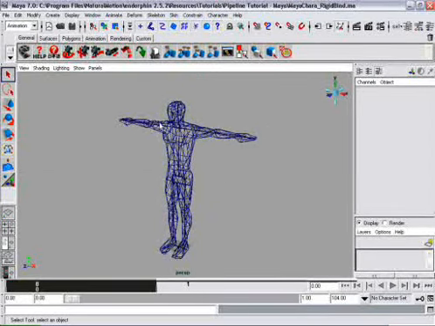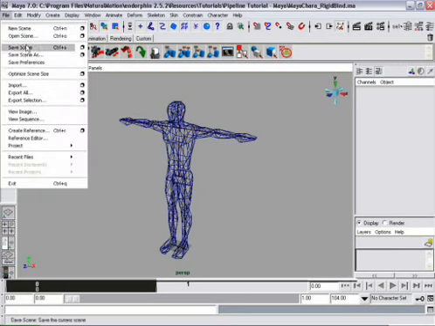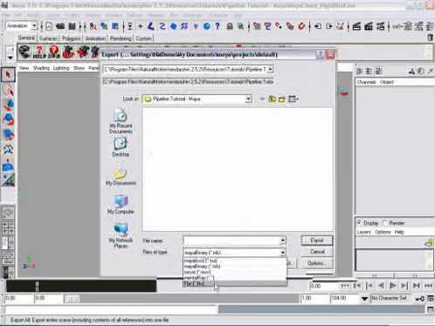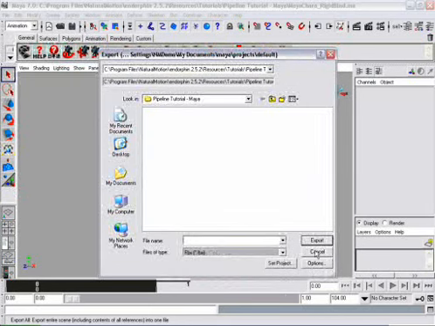So first of all we want to export the skeleton, and we're going to use FBX for that, and then I want to get the mesh of the character so we can actually fit the shape and size of that mesh so the character has the correct physical proportions in Endorphin. So first of all, export all, save it as FBX, and I'm going to call that